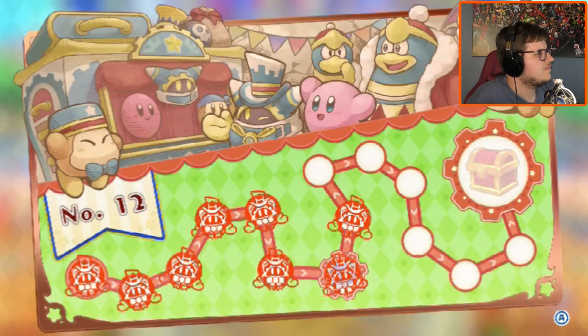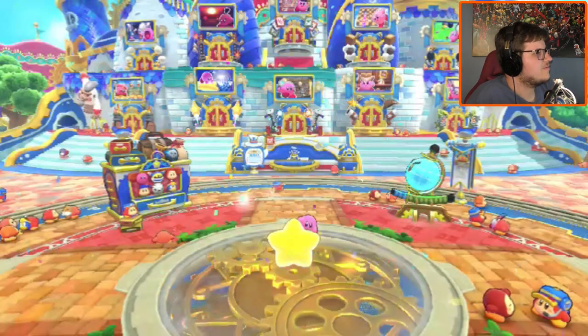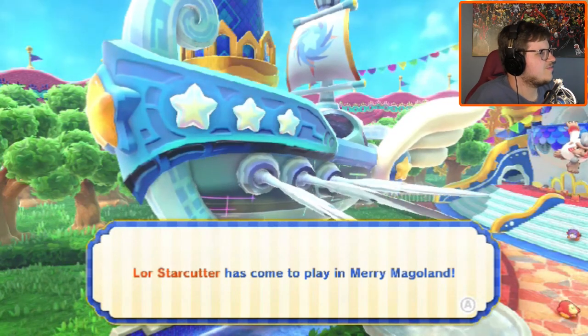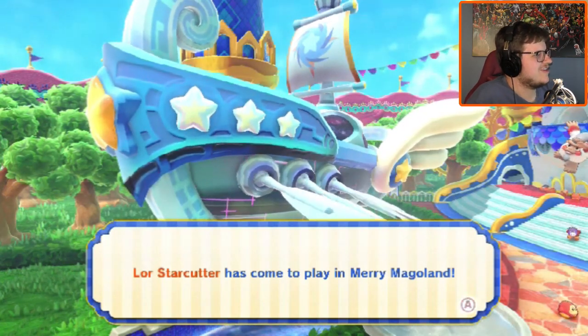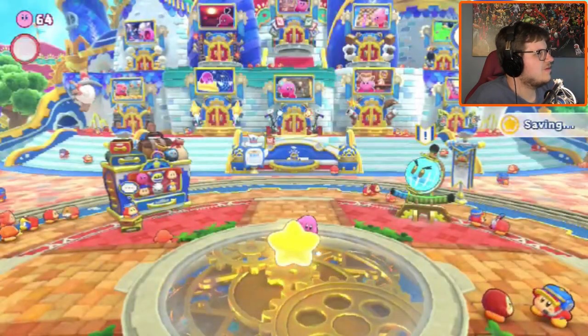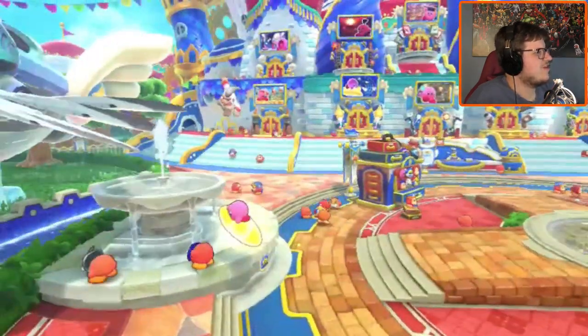Crackler. Alright. Ah! Lord Starcutter has come to play in Merry Magaland. Interesting. You're in the dress of Mask for Grand Doomer. Wait, the Grand Doomer doesn't have its own... Okay, that's weird, but...